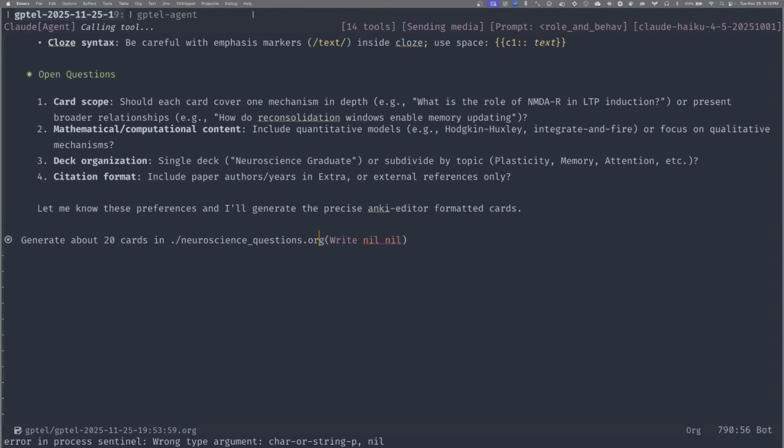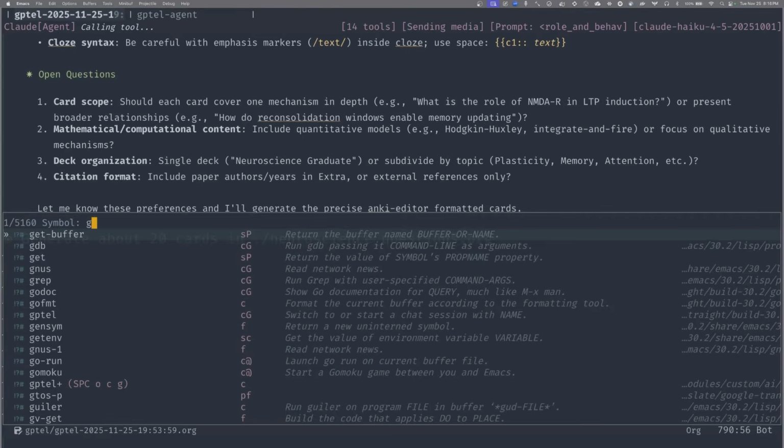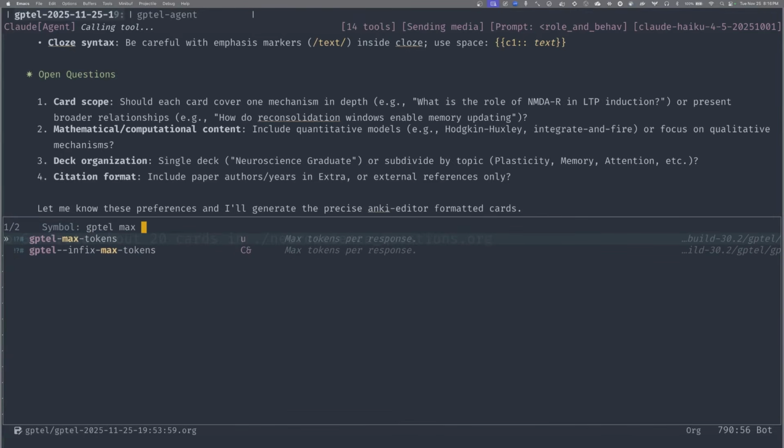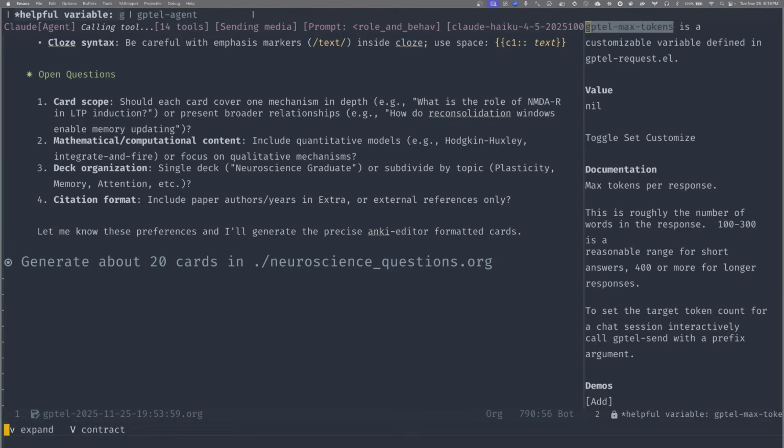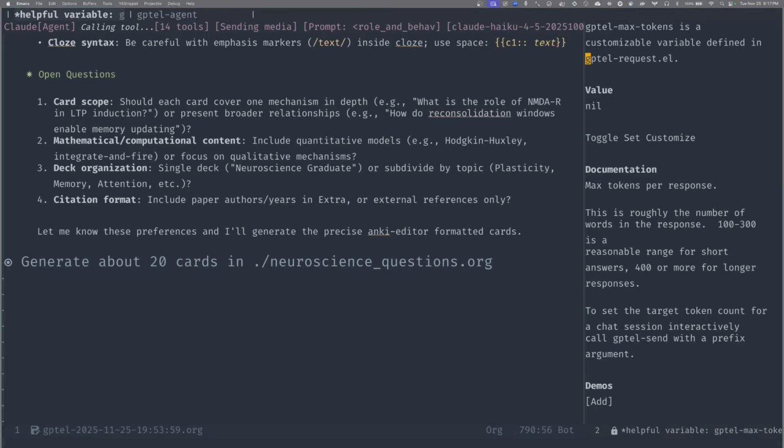What happened is that you have the gptel max tokens limit set to something very small. If it's set to nil, then it's picking a default for your Claude backend that is not big enough to contain the file. So here's what we can do. You can ignore this. Let's open the menu.